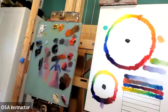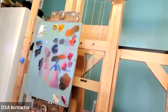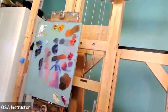Another great thing you can do is, and that's what I'm going to do right now, I'm going to go ahead and change this off and bring up a small